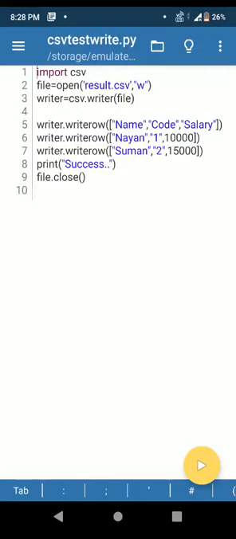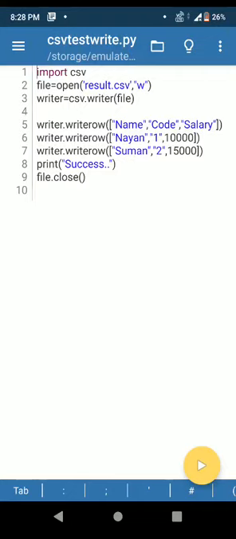So after this, a very simple function is used to write data. Now notice I have used writerow function to write one line of data. In the first line, I have saved headings, name, code and salary. See, I have created a list object inside writerow function.